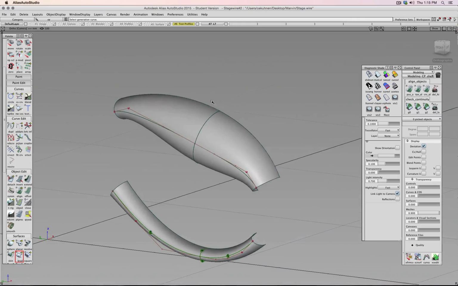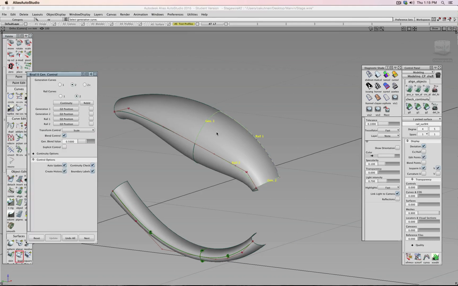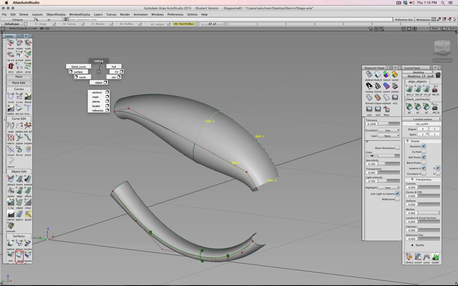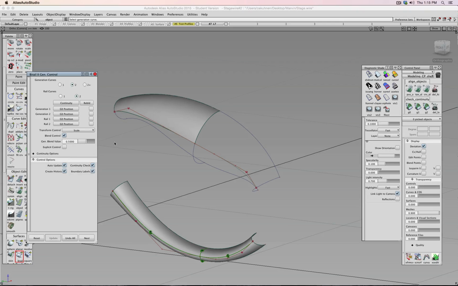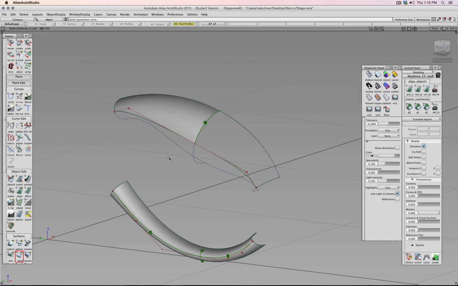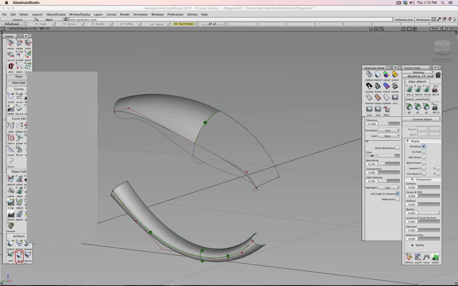Okay, so maybe in this case, let's update this one. G1, Gen 1. Oh, so hold on. Delete, because no, I tested it on here and it worked. So I can actually now do the same. So Gen 1 will be tangent. There's my surface edge, profile, and curve. Okay. Now the next one will be,